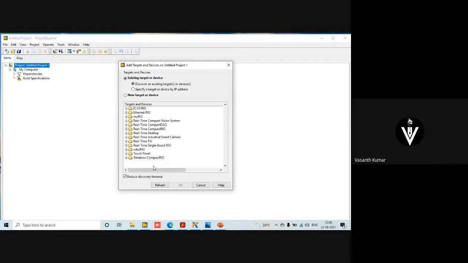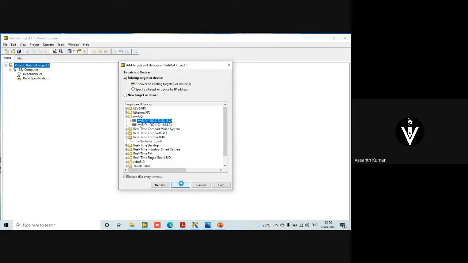These are the devices that can be embedded systems. This is the device which is connected. For example, if I quickly look into the other devices, it will try to detect, but since I have not connected any, it says no item found. Whereas if you see my MyRio, I connected the MyRio both ways, which means through cable and also wirelessly. I can choose either way. I'll go with cable for faster access, and I'll say okay. If you want wireless, then you can go for the second method.